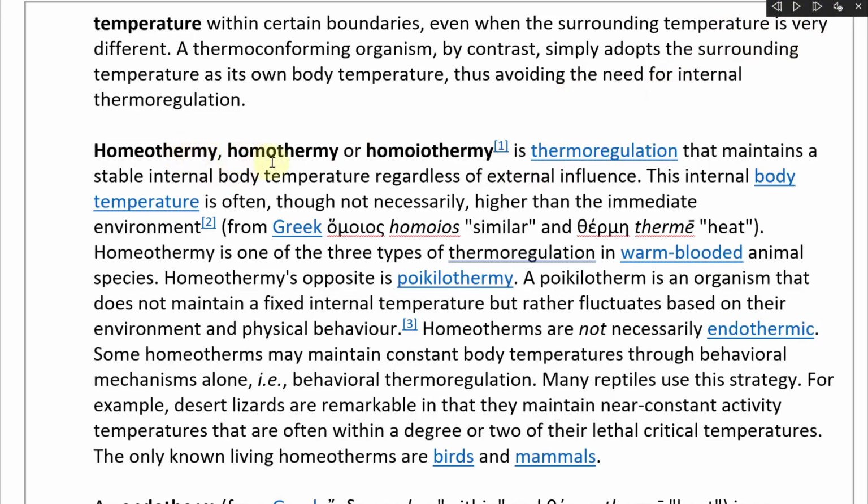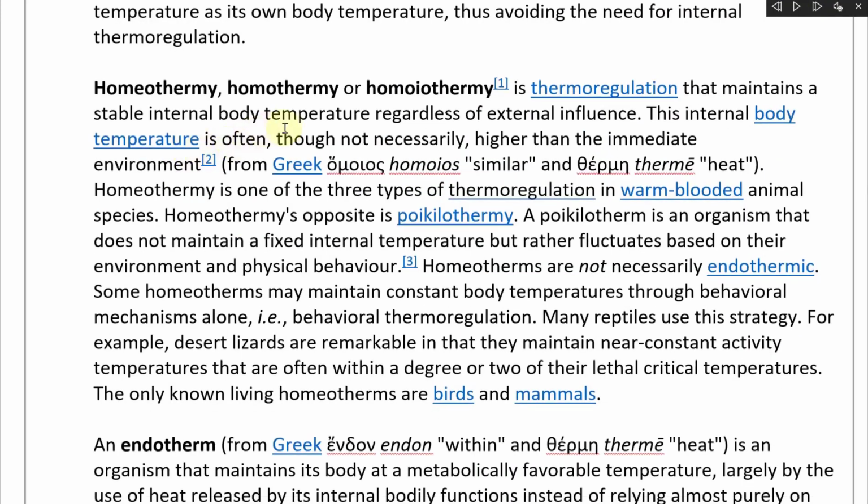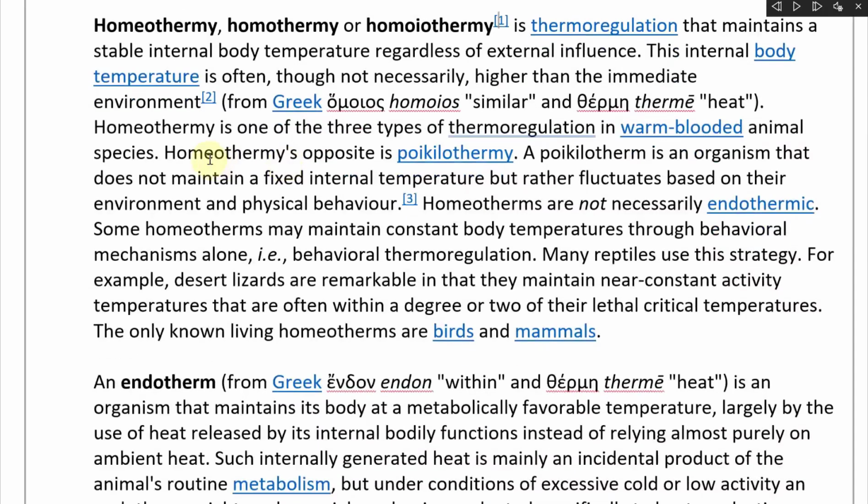Homeothermy is thermoregulation that maintains a stable internal body temperature regardless of external influence. This internal body temperature is often, though not necessarily, higher than the immediate environment. This is from Greek homeos, meaning similar, and thermē, meaning heat. Homeothermy is one of the three types of thermoregulation in warm-blooded animal species. Homeothermy's opposite is